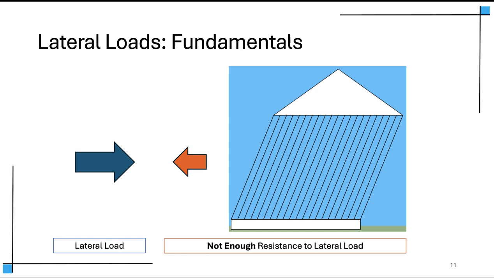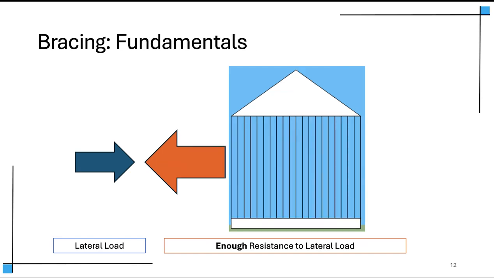So the intention, as I said before, with Part 9 prescriptive design, and in particular this subsection 9.23.13, is to provide enough resistance to lateral loads to overcome the lateral loads that are created due to wind and earthquake. So we're given a guide in Part 9 on how to do this. And so first off, we provide vertical bracing to our light frame stick structure, light framed wood structure. And so this vertical bracing